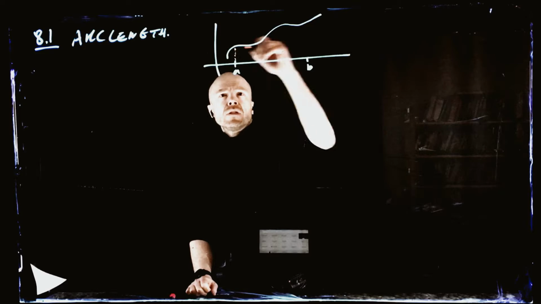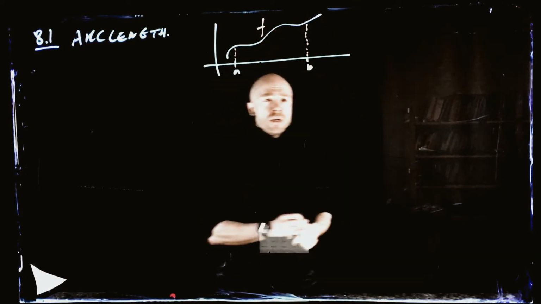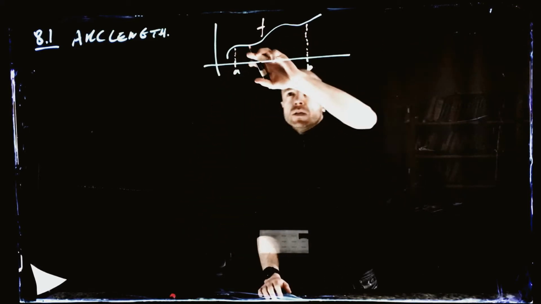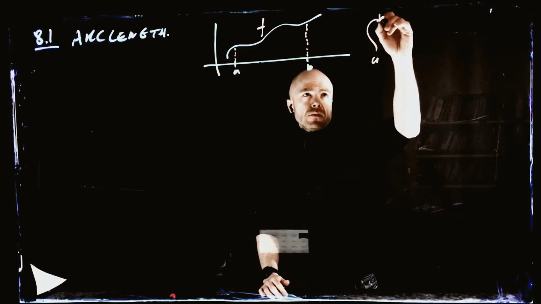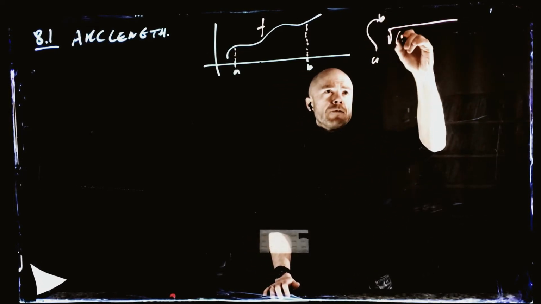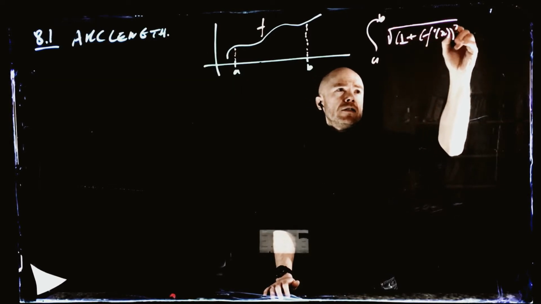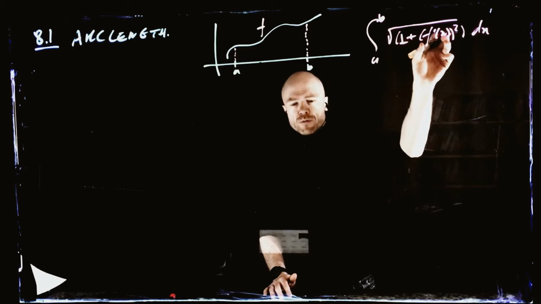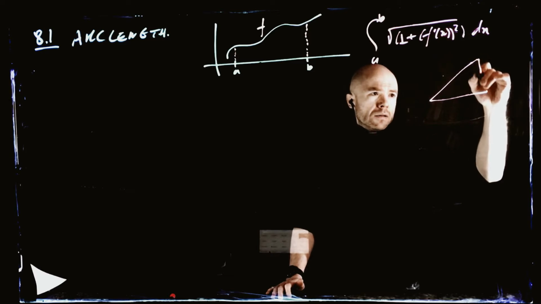So if we have an interval a, b, and some specific function f, then we want to know what the length of this graph is, right? The one-dimensional length of the curve created by this graph. And we have a formula for this, which wasn't hard. It just came from pictures, just from doing Pythagoras' theorem. And it's this, right? So this 1 plus f prime squared was because when we looked on a small scale,